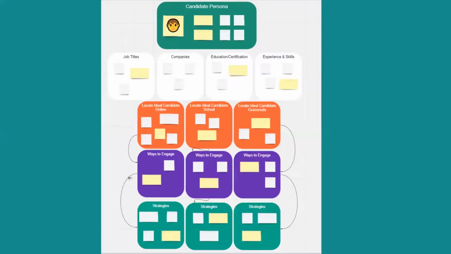What are the ways I can engage on LinkedIn? What are the ways I can engage on Indeed? Just taking the time to figure out all those different touch points that you can have within all three areas. Now, those ways to engage aren't always going to be the best ideas, and that is okay